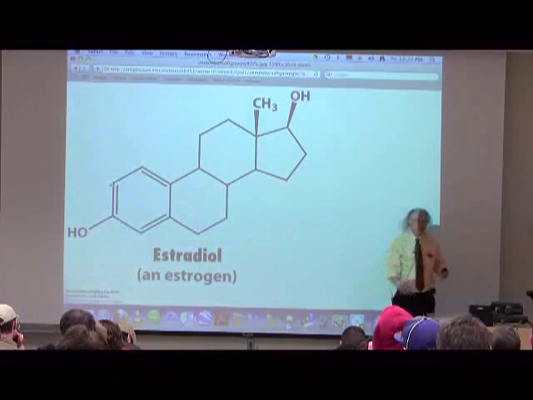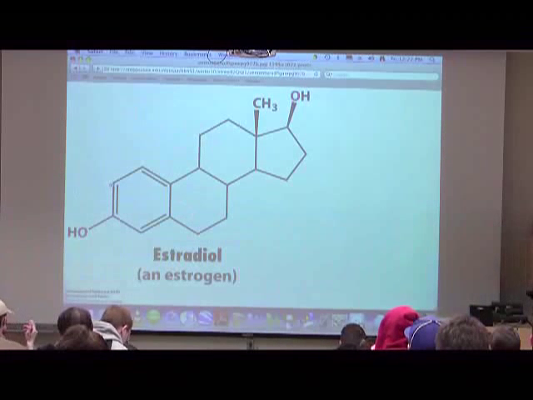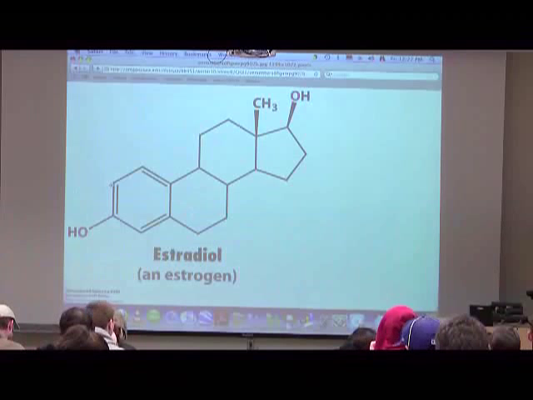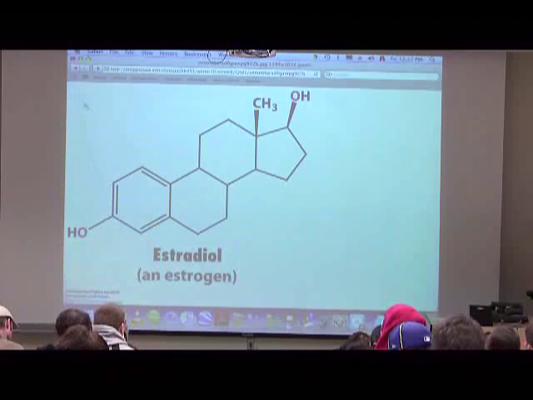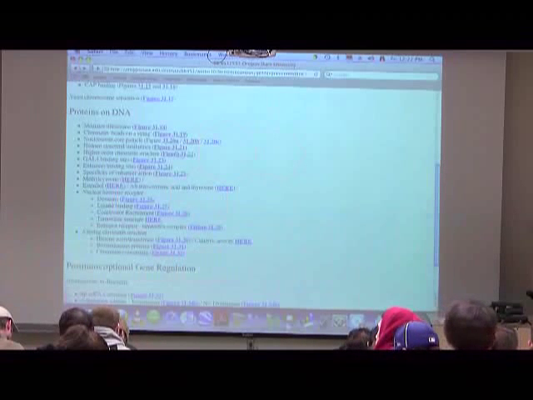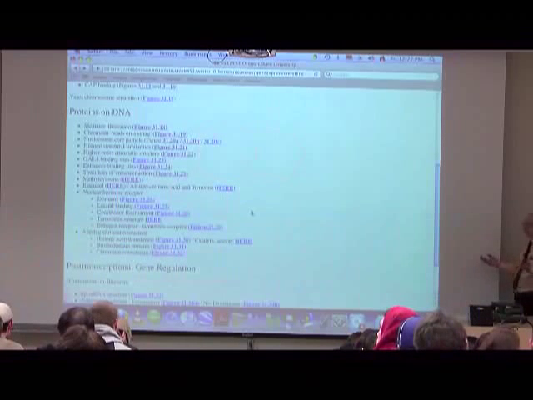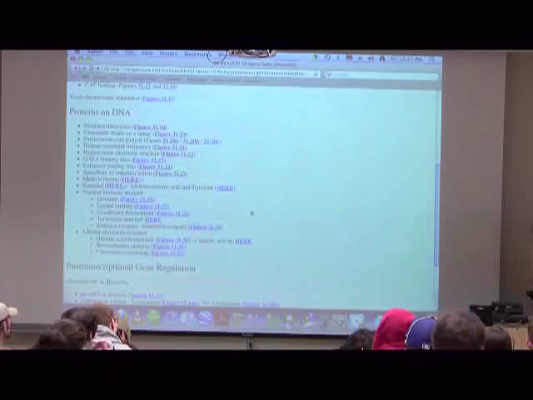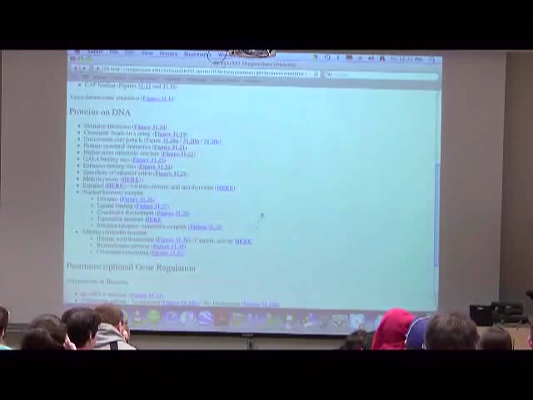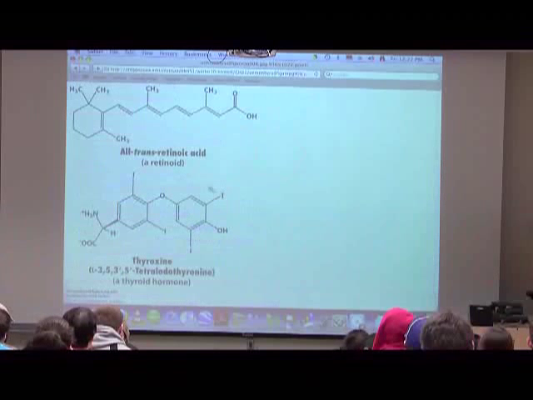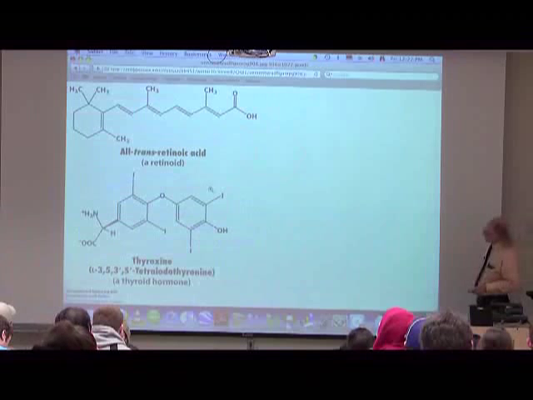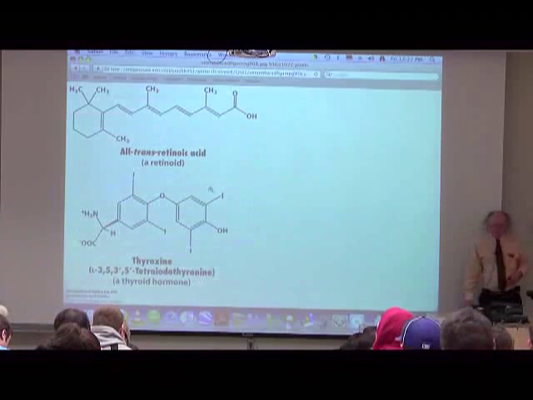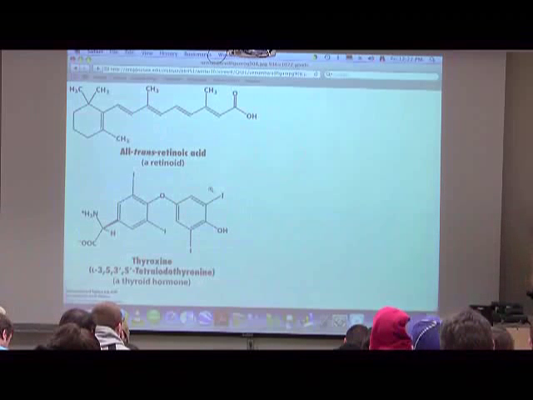Estradiol. Okay, I've talked a little bit about this. Estradiol, of course, is an estrogen, a female hormone. And estrogens, as I've talked about before, are hormones that are involved not only in female sexual development and reproduction, but also in signaling. And signaling sometimes in tumors can be a factor. Here's a couple other molecules that act as hormones. All-trans-retinoic acid plays a very important role in the development of cells. And here's thyroxine, which is a